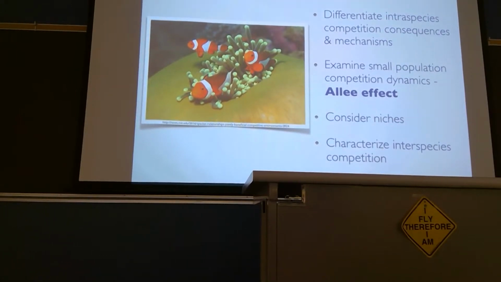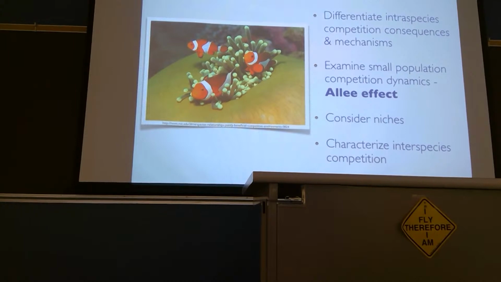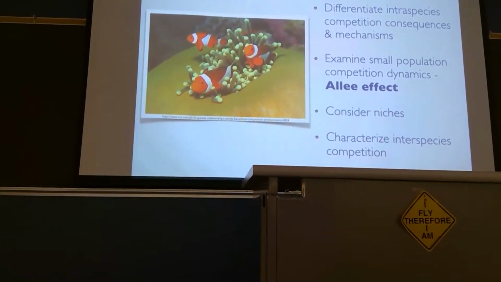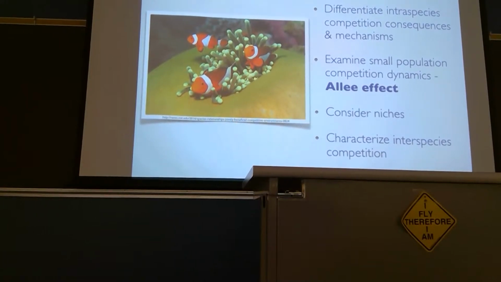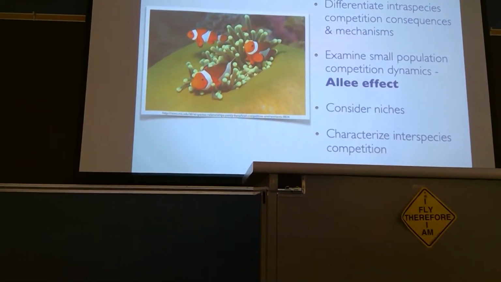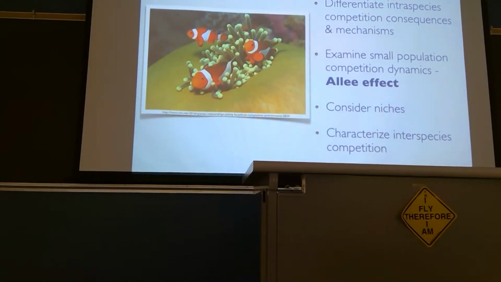You can measure them in a lot of different ways other than just plant biomass. You can do stuff with soil microbes. You can do stuff with soil conditions. But we are talking about intra-species competition. Today, we're probably going to focus on that in terms of the consequences of competition for individuals and populations, and then what causes that. Like what causes reduced reproduction and fecundity? What is the underlying mechanism here?